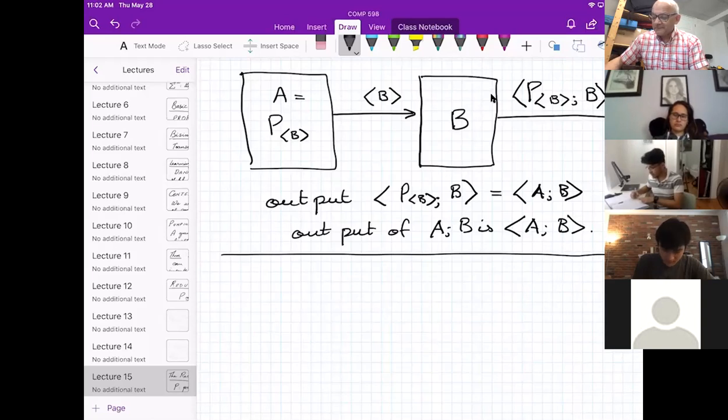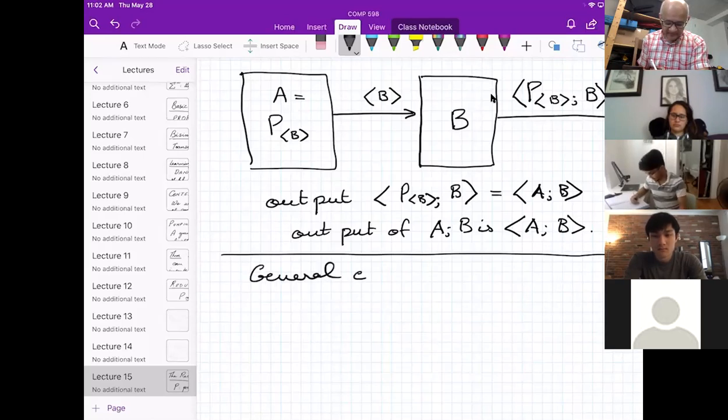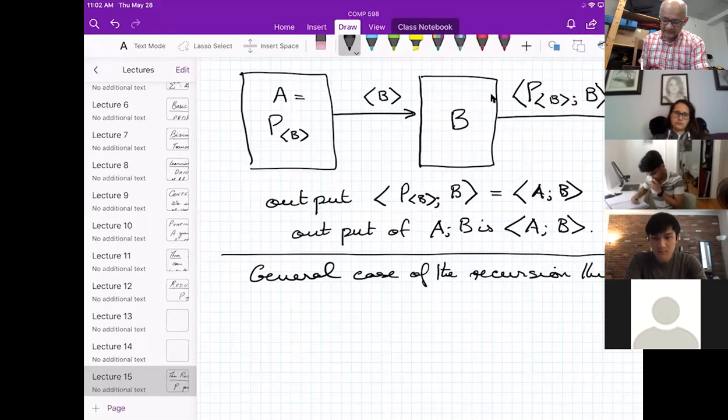Okay. So this is a warm-up because it kind of shows you this is how you produce a program that produces itself. But the recursion theorem is more general than that. So, general case of the recursion theorem. All right, what is happening? So what does the statement say? It says,